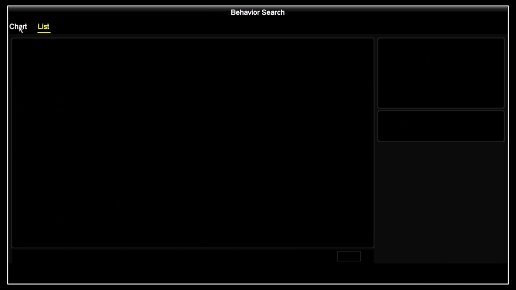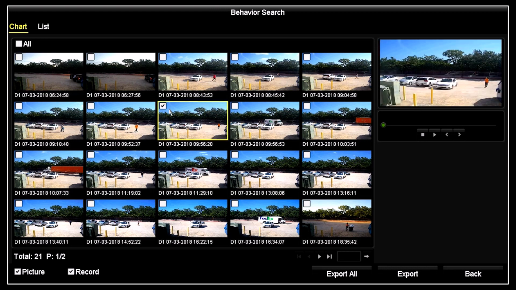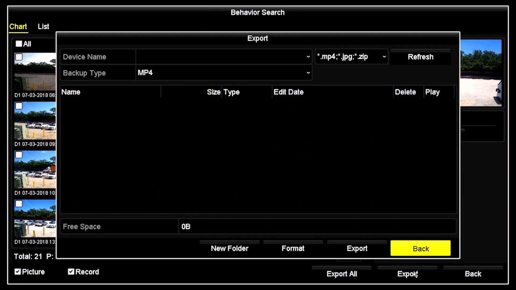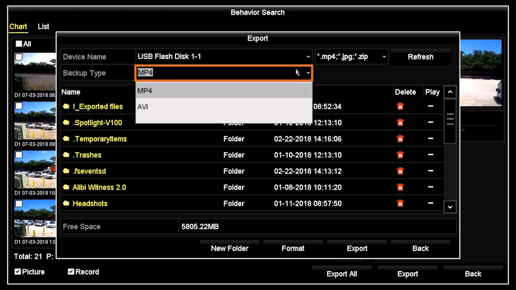You can export video clips to flash media or a network storage drive. To export to flash, insert a flash drive into an unused USB port on the recorder. Check the select boxes for the clips you want to save, and then click the Export button. Click Refresh. In the Backup Type field, open the drop-down list and then select MP4 or AVI for the video